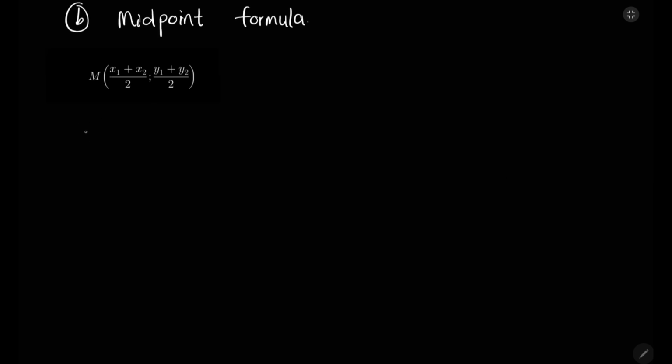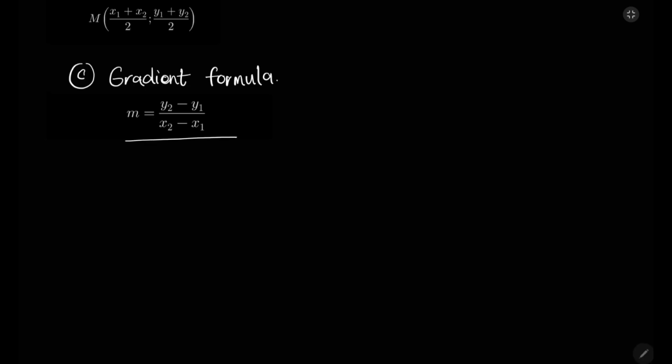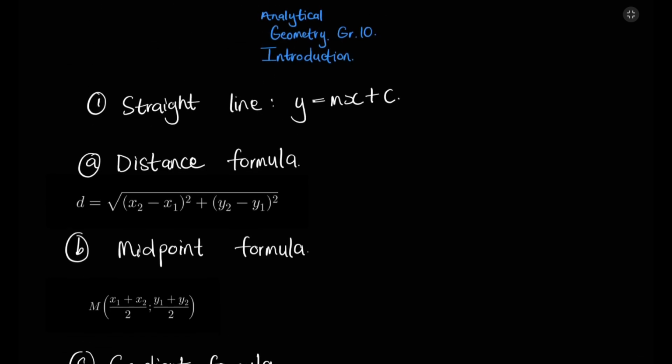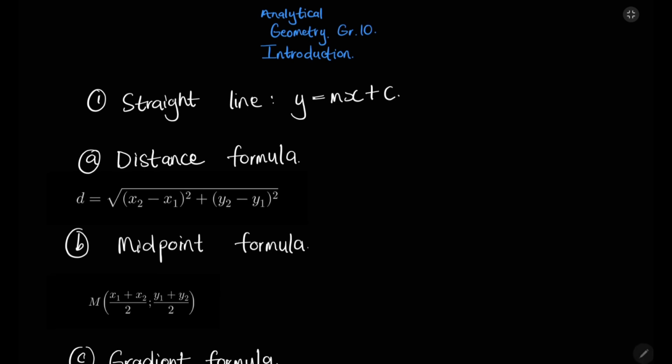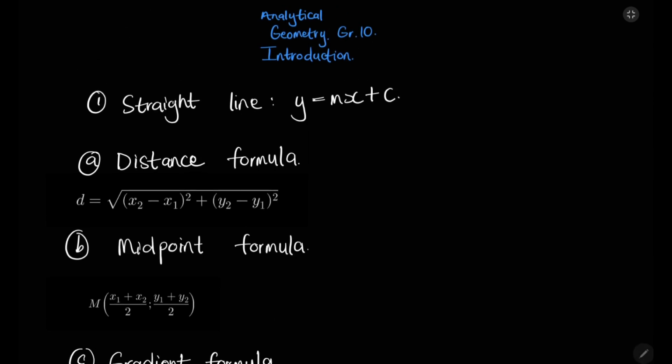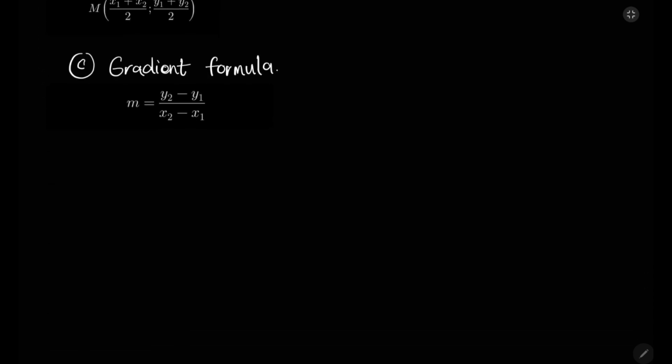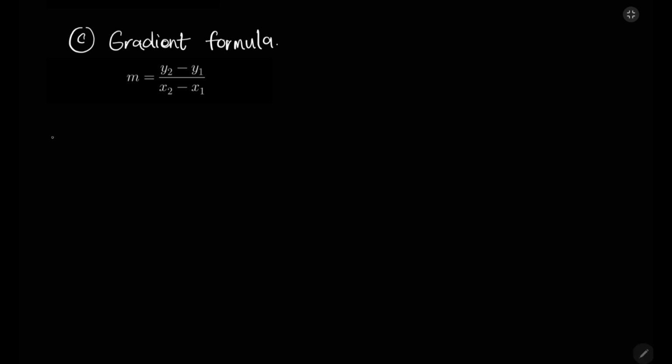You use this formula so that you can find this exact point. We also have the, let me label this as C, the gradient formula. And that is your gradient formula. The whole point of this is to measure the slope of a line. So we have the straight line, distance formula, midpoint formula, gradient formula. Let me label this as 1. So let's say 2. Under 2, we have A, B, and C. So for number 3, we have